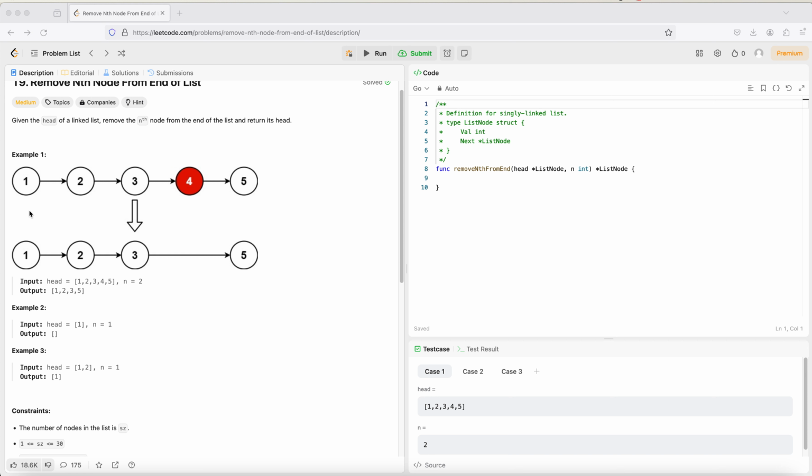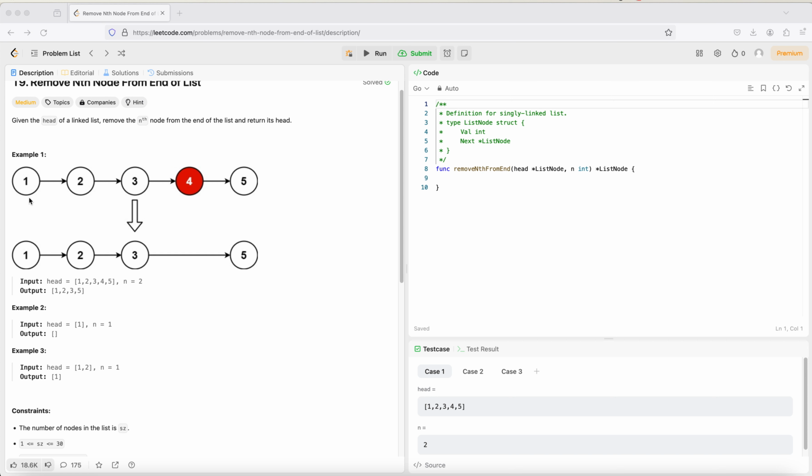One thing we need to take care of here: if n is 2, then we have to always maintain a distance of 1 between the slow and fast pointer. So that's what we need to consider. If n is equal to 2, then n minus 1, that's 2 minus 1, is the distance we need. So in order to achieve this, first we check that n is equal to 2, and we put the fast and slow pointer here,